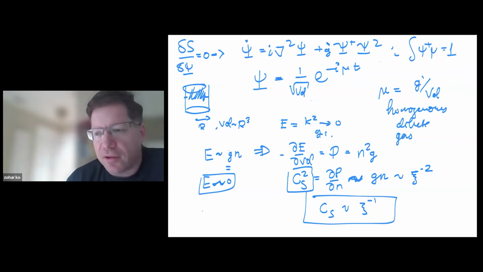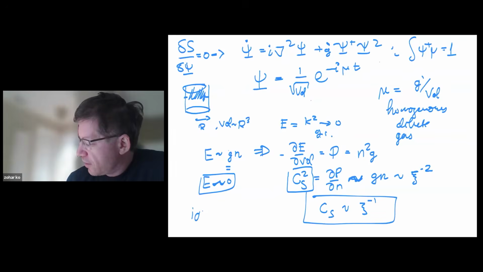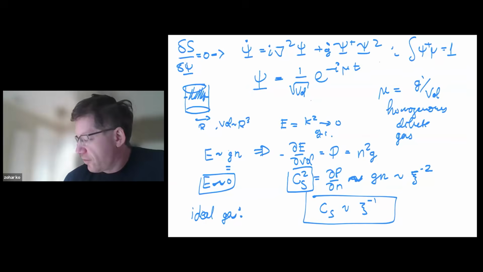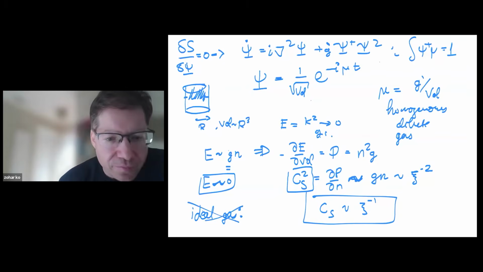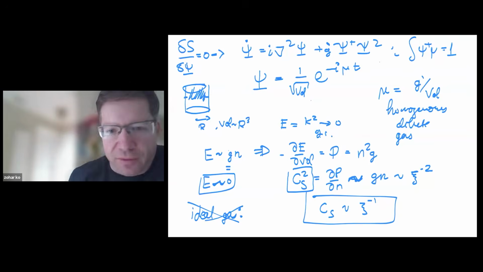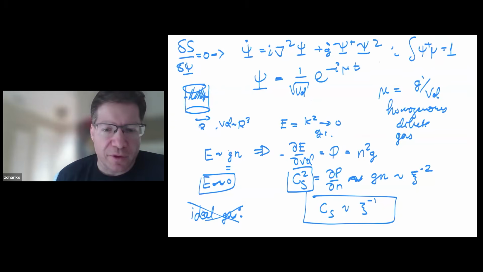So you see that unlike non-interacting bosons and unlike ideal gases, maybe I'll just remind you that the speed of sound in an ideal gas at zero temperature is zero. Well, in an ideal gas at zero temperature, there is no sound. So it's very different from an ideal gas. This system at zero temperature has collective behavior because of the small interaction, and it has sound. So these are immediate properties of the system that we can predict from the double scaling limit.